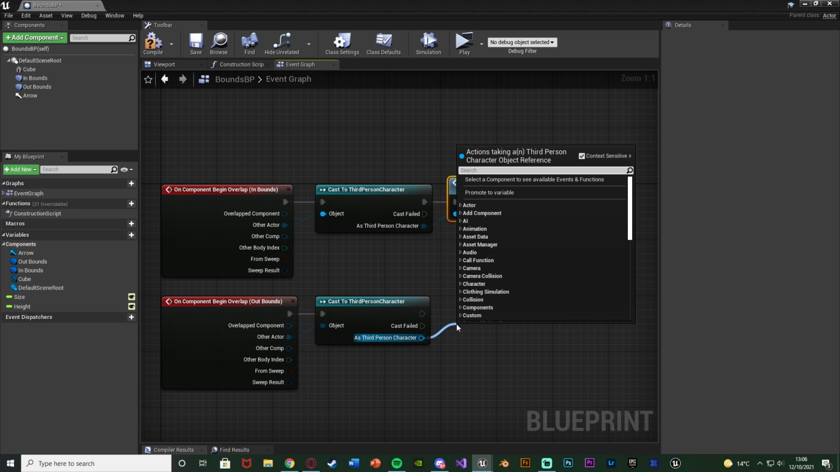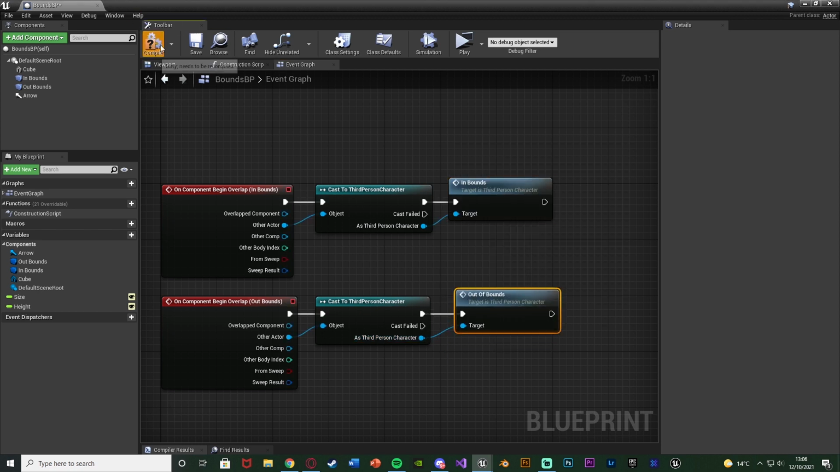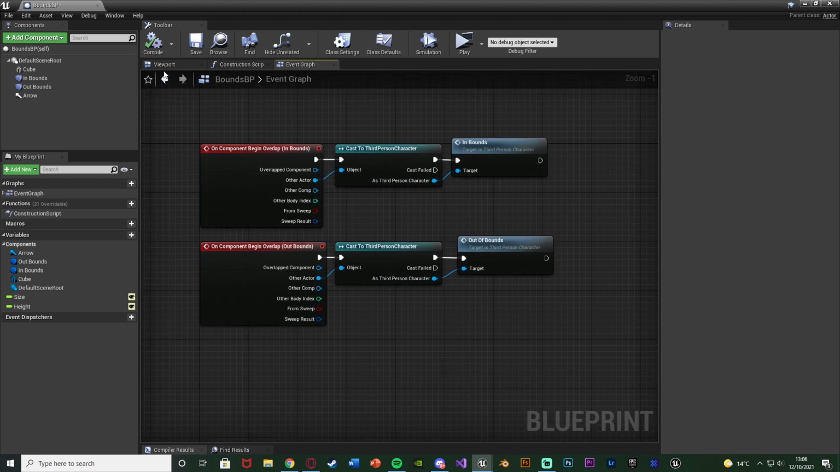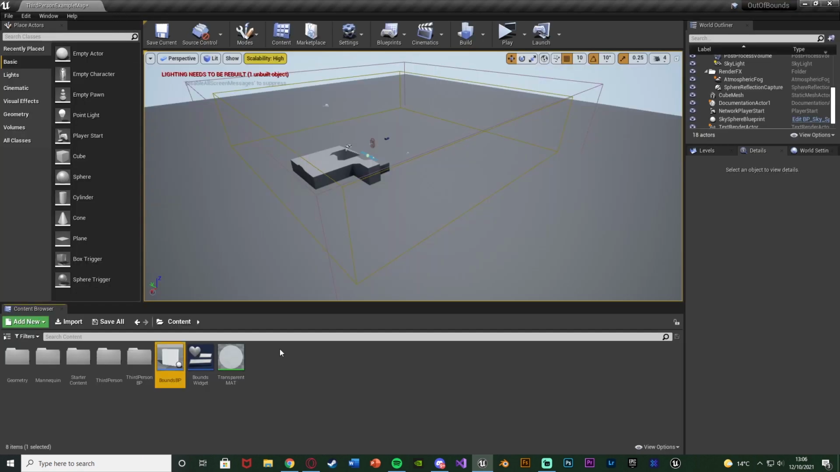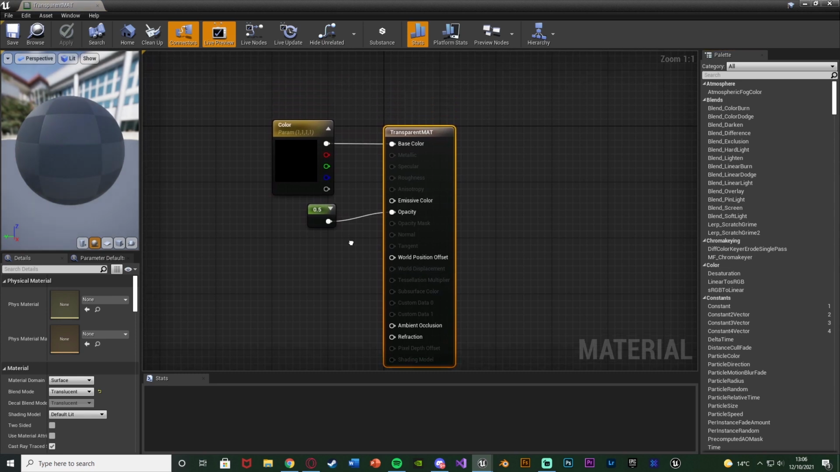Then begin overlap on out of bounds is going to call function out of bounds, compile, save, and that is all the code done which we need to do. So again, this is just defining which side of the wall we're on, which is showing if we're in bounds or out of bounds. Save that, close this, and I'm also just going to open up the transparent material,